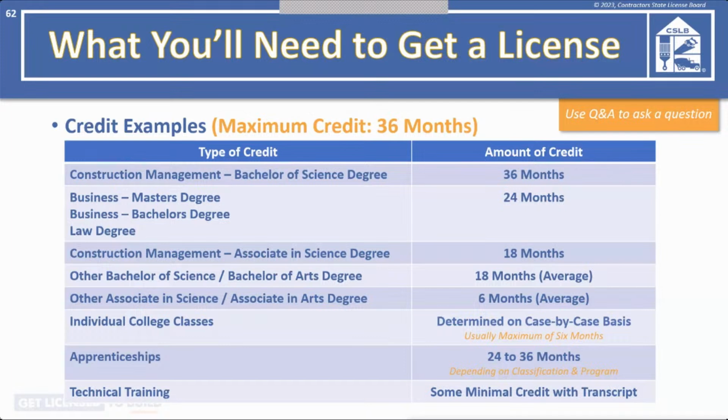How do I get started? Well, you should have your experience first, and then you're going to complete an application, determine your business name and your entity, and send in your application fee with your completed application, and we will take it from there. Make sure that you do have a certifier, that you've completed everything that is required on the application, and that you have 4 years experience within the last 10 years in the classification that you're applying for.